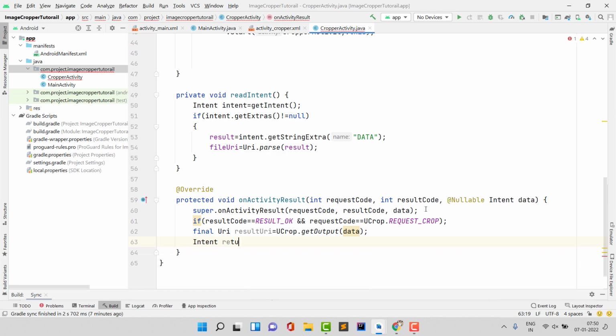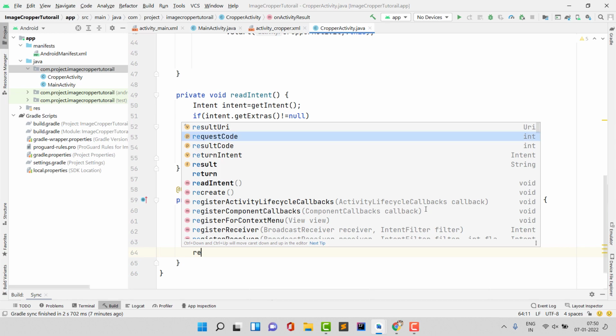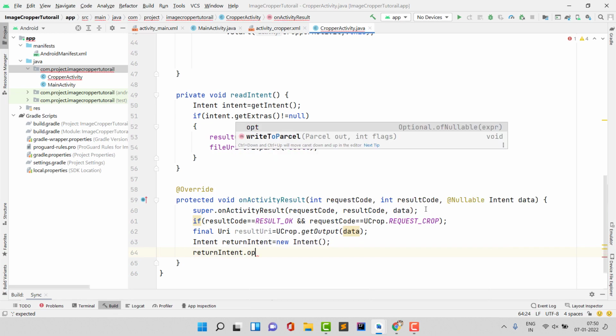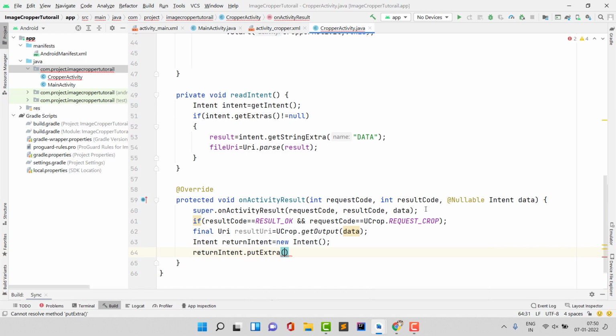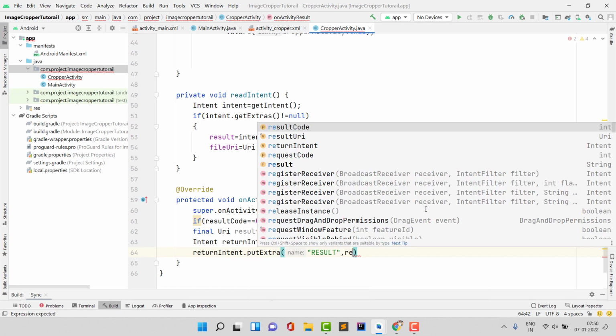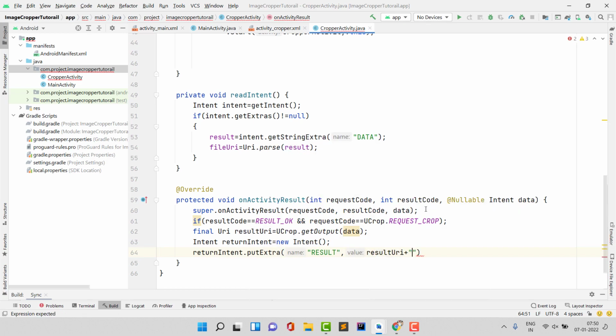So I am giving here returnIntent equal new Intent, and after this we have to type here returnIntent.putExtra, and we are passing the result, and then comma value resultUri, and always concatenate with empty quotes.